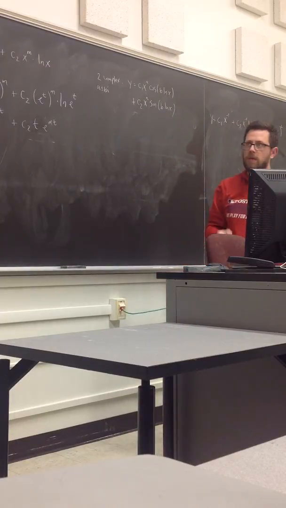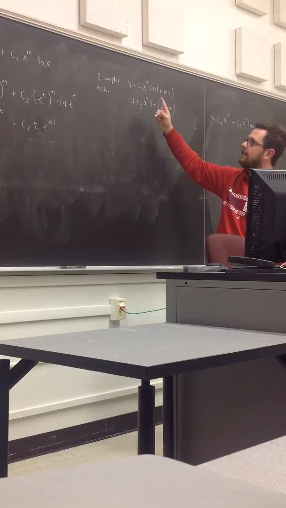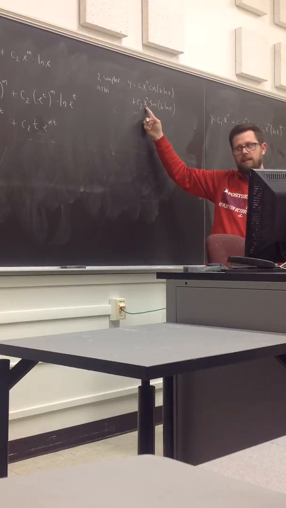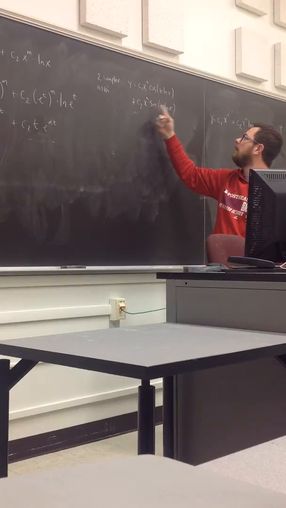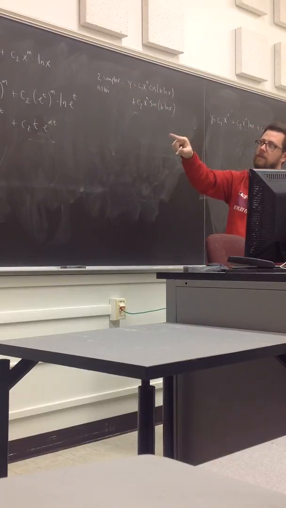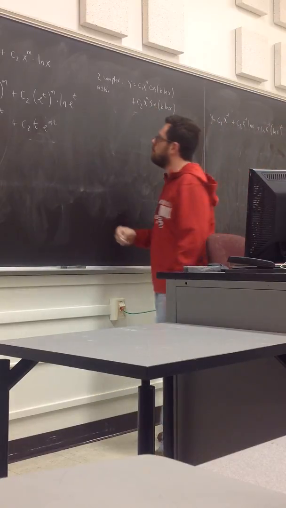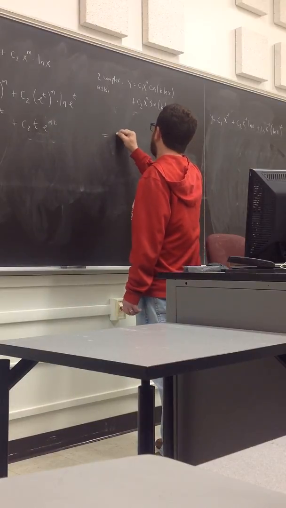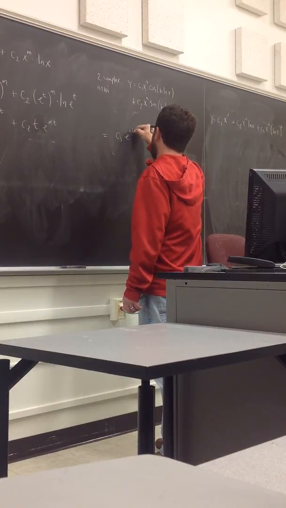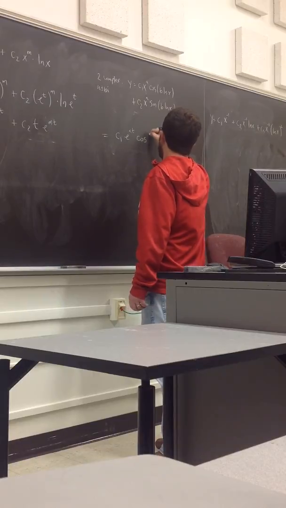All right, we've done this a few times. If you substitute e to the t, this will be e to the at, right? And then log x is the same as t. Okay, so with the substitution, we get C1 e to the at cosine bt